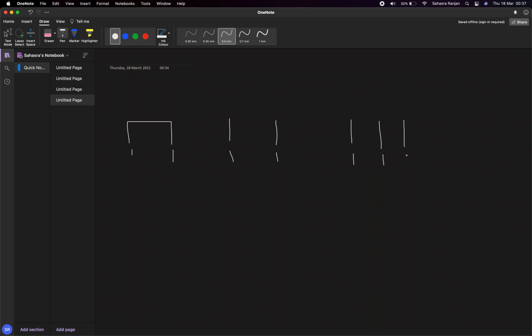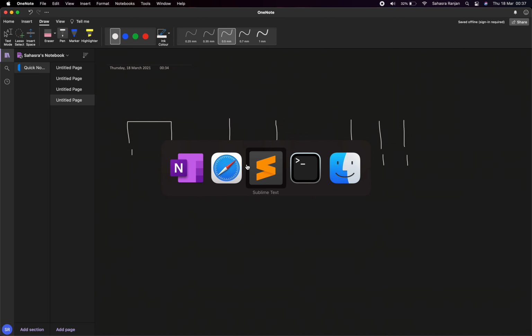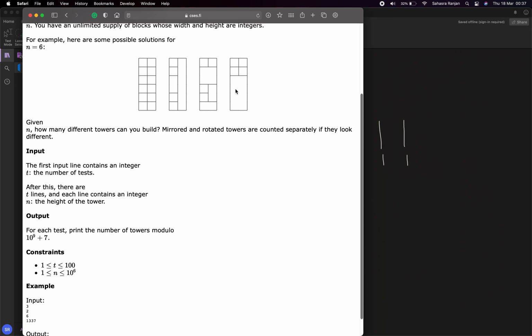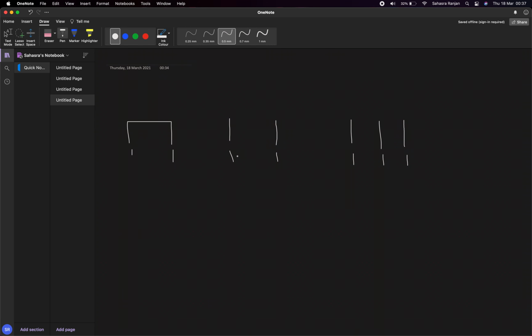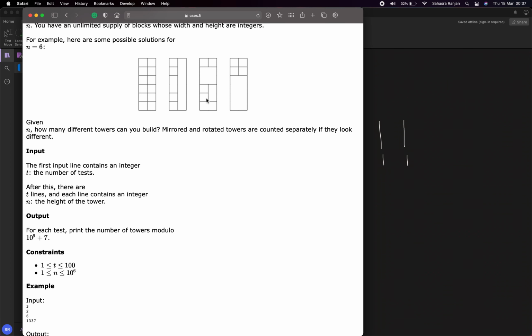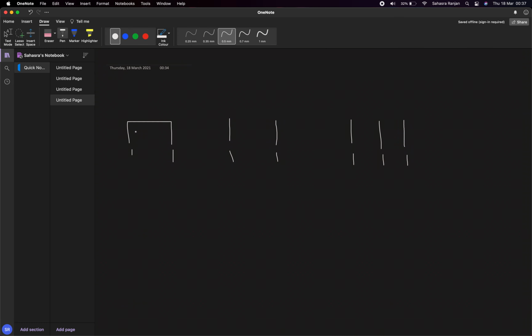Suppose, for example, this. Here you have your n, and you have to see this block can be extended. So this will be considered in this case, which can be extended further. And in this you cannot extend it here. You can add an extra block, but this block cannot be extended. So these cases will be considered in this.